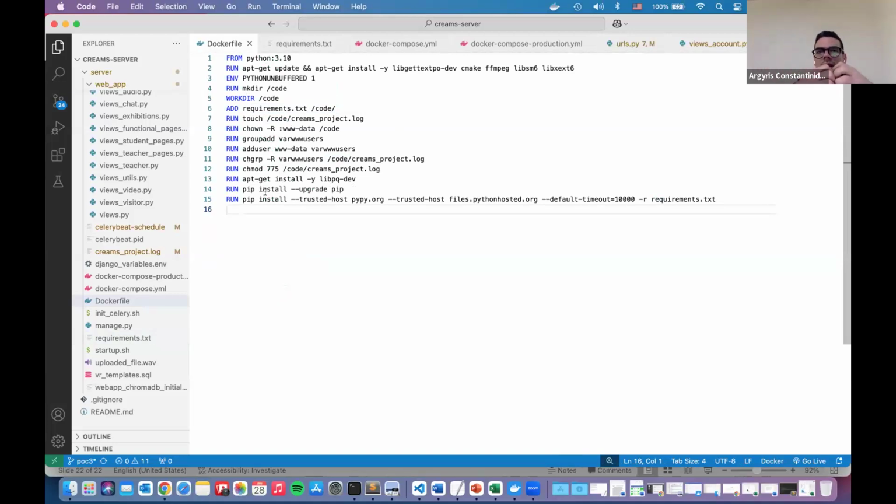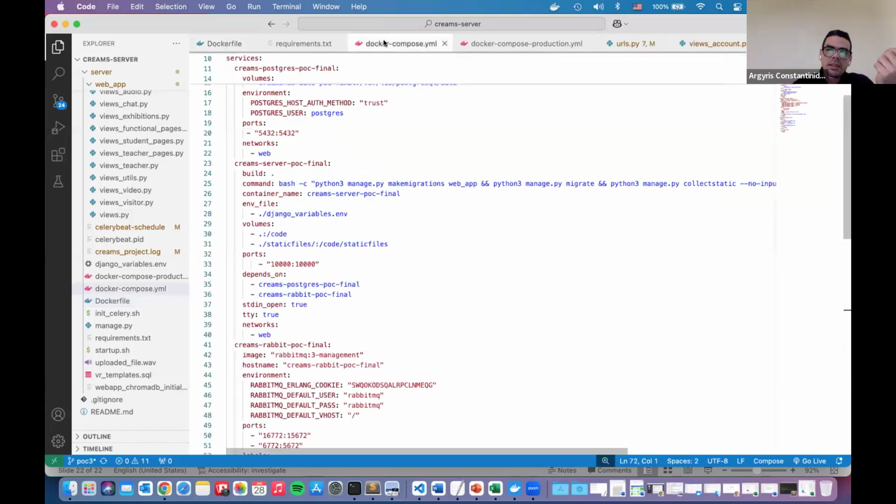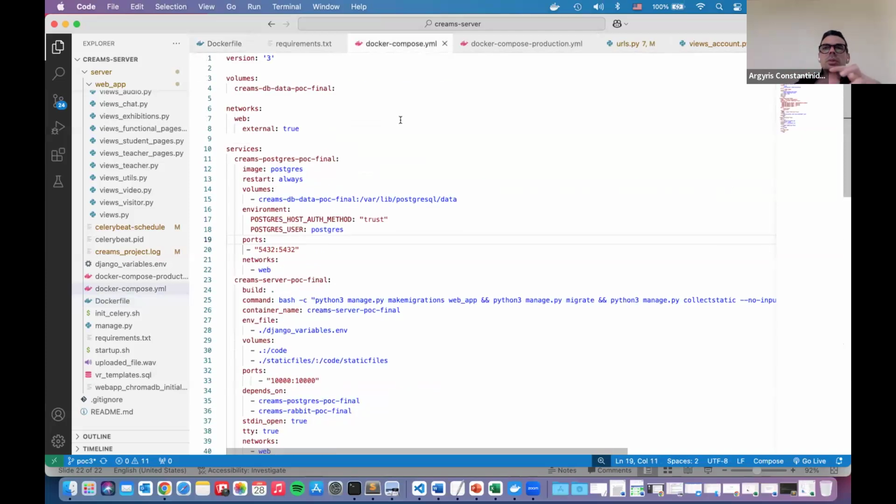So once we have the programming language, the code, and the dependencies, then we can use the YAML files that are responsible to run the container.